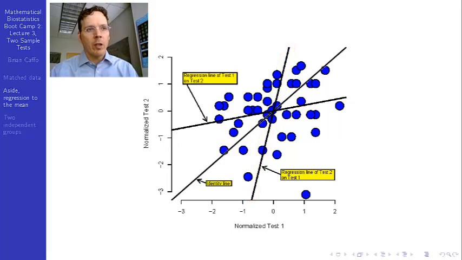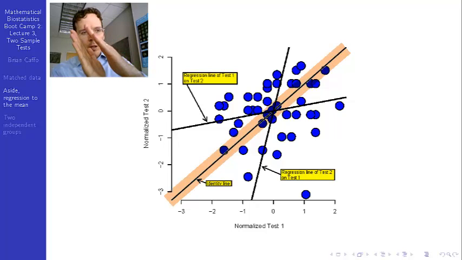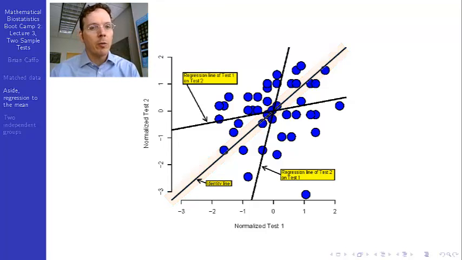Notice if the points were to fall more and more on an identity line, so they would collapse around this identity line, then these two cross-haired lines would converge to the identity line themselves, and that would mean that there was very little regression to the mean. Anyway, it's a neat